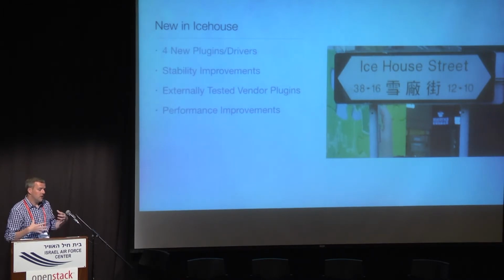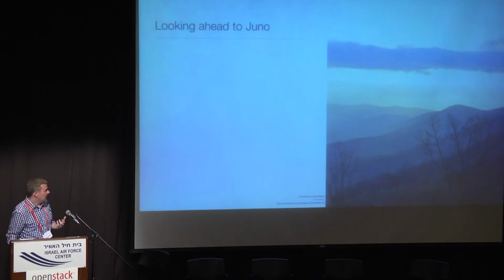So when code changes come in, in addition to the main OpenStack integration gate, the third-party systems will run tests as well. That way, you as a deployer and operator know that the code you're getting has been tested and works. And kind of opening up the crystal ball and looking ahead to Juno, the scene on the right,